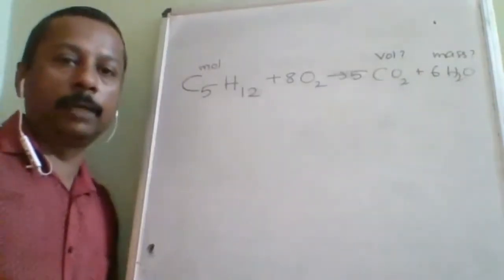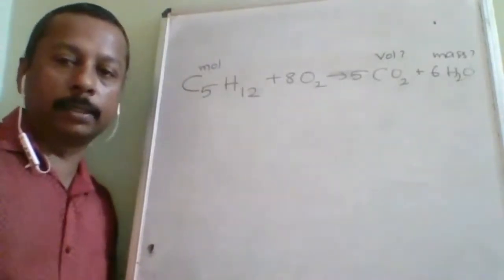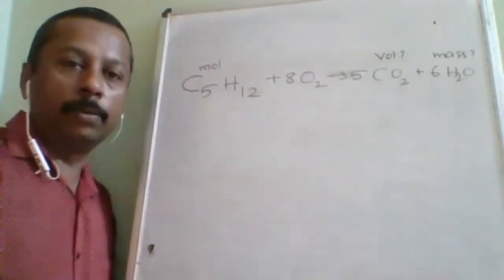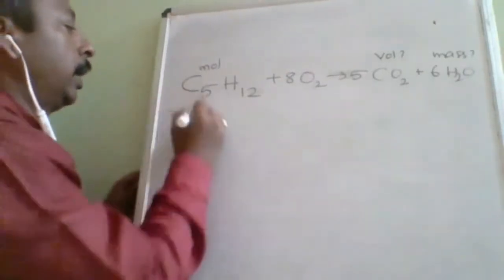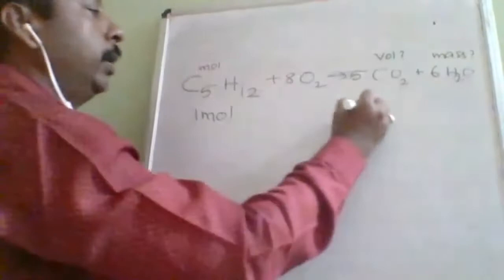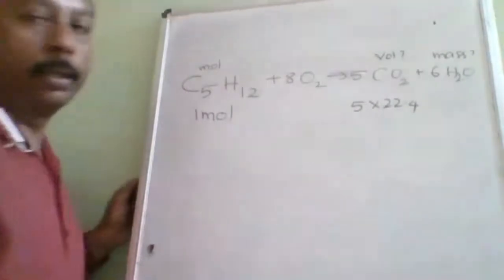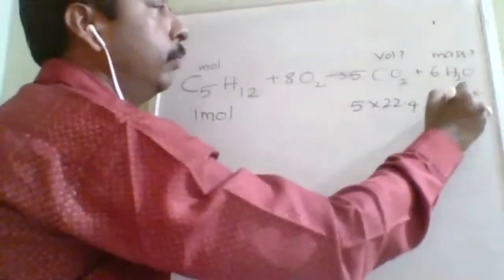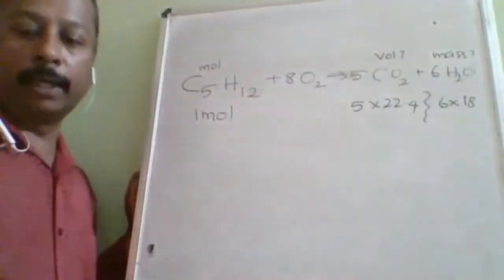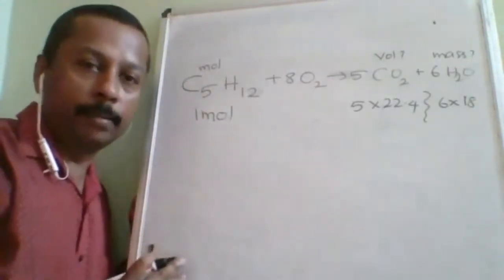But with the framework I provided you, you will be able to solve all types of questions like this. The result also I'm going to check, and most of you are able to solve it. So according to this equation, 1 mole of pentane is going to give 5 into, for volume, I told you 22.4 liter, and here 6 into, for mass, the gram molecular mass. So like this, as per the requirement of the question only you need to write. Is it understood?